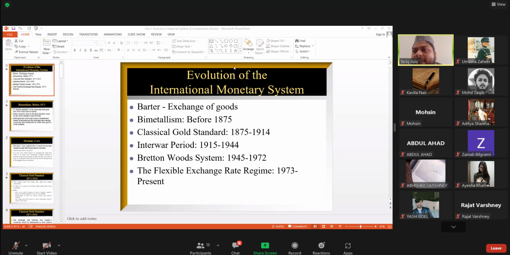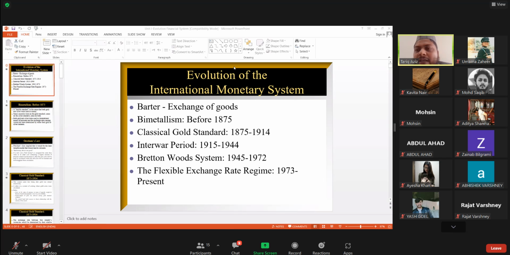Now you may be thinking that under the Bretton Woods system and under the classical gold standard system, we had a way to decide the value of one currency in terms of another currency, because we can compare the gold reserve held by different countries, and based on their gold reserve, the value of one currency in terms of another can be decided. But under the current system, known as the flexible exchange rate regime, also called the free market system, which is prevalent since 1973,